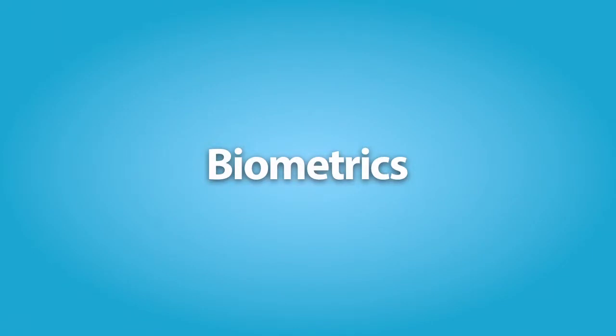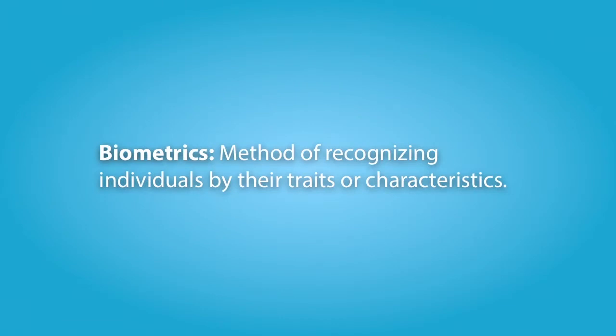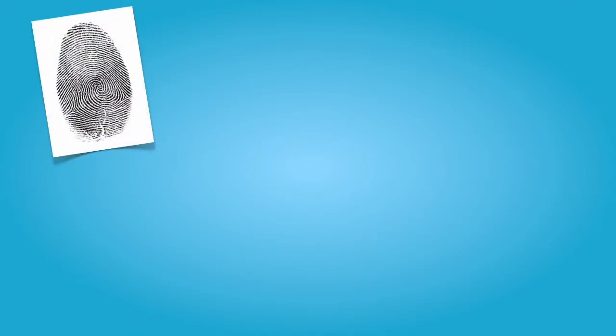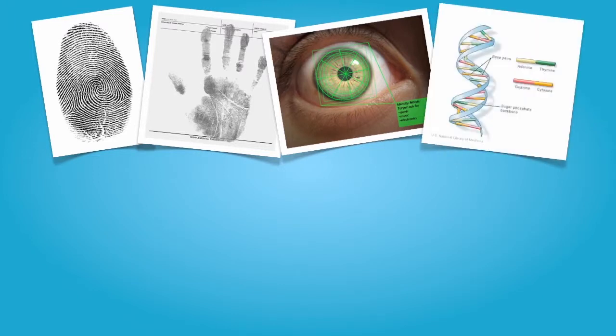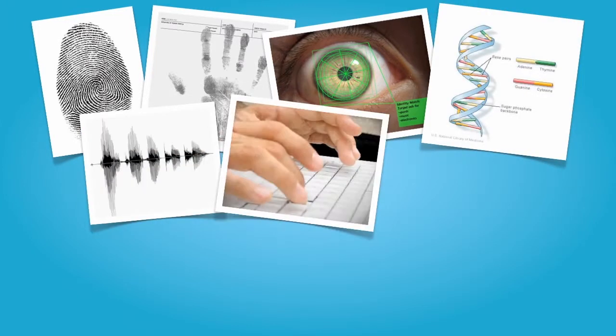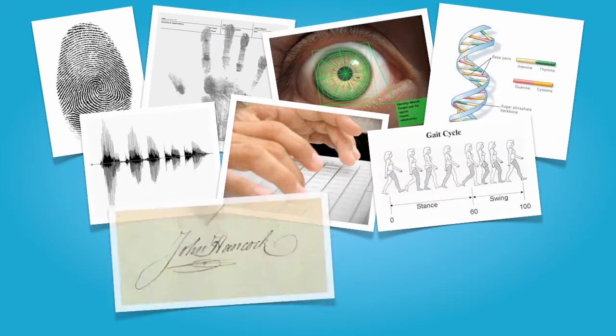Welcome to lecture number 7, Biometrics. Biometrics is a method of recognizing individuals by their traits or characteristics, usually biological or physical. Biometric systems utilize distinguishing characteristics such as fingerprints, palm prints, retina scans, DNA matching, voice recognition, typing rhythm, gait, signatures,